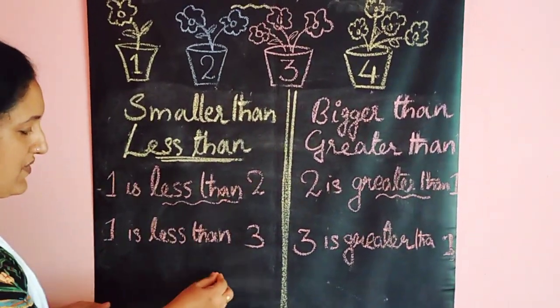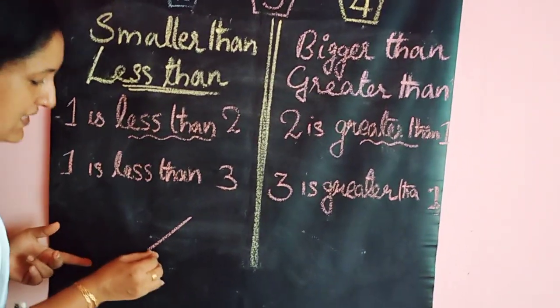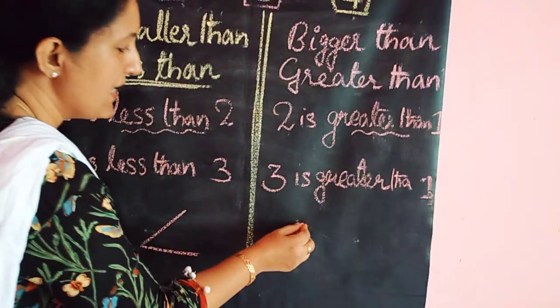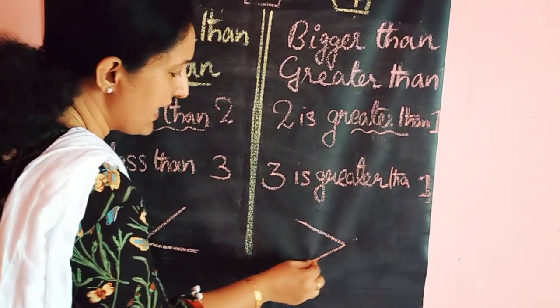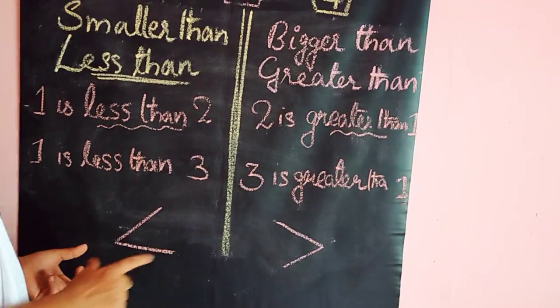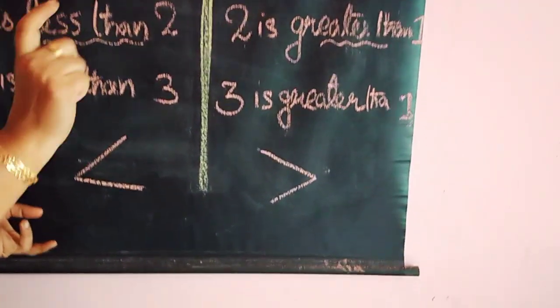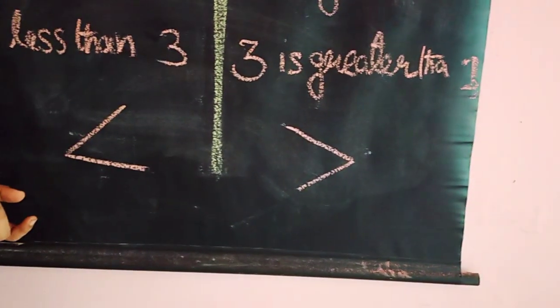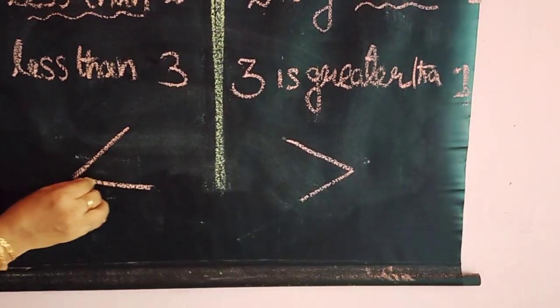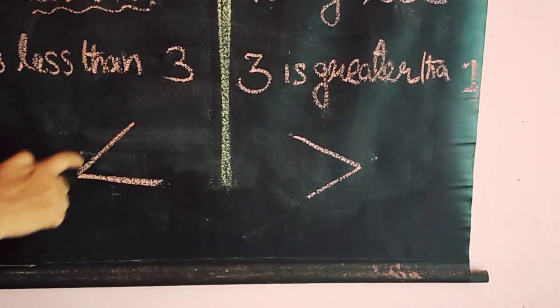All of you know one is like this. This one is the less than symbol and this is the greater than symbol. They are not the same. They are twins. We can say they are twins because some slight difference is there. Okay. So look and I will explain.